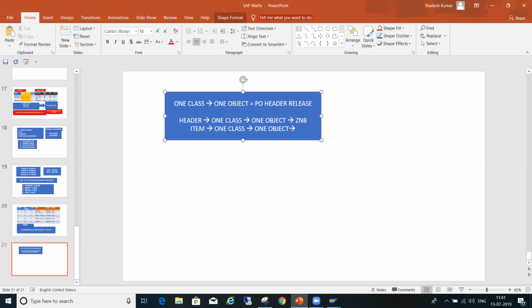If it is a ZIMP, then we can have item by item release for this ZIMP, or we can have an overall release. For one document type, you cannot have both item by item and overall. This is also an interview question. One PR having a header level also and item level also is not possible. Okay, clear?